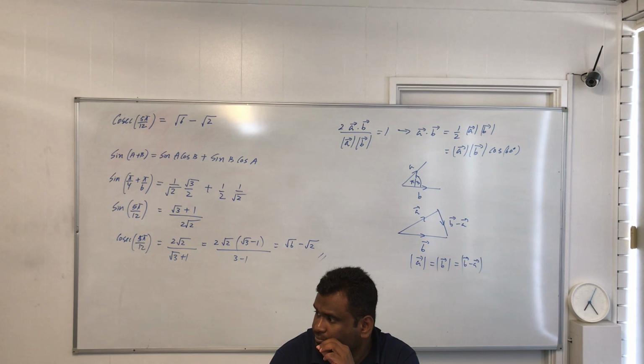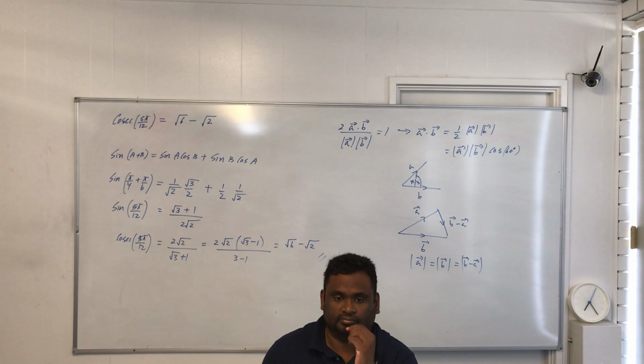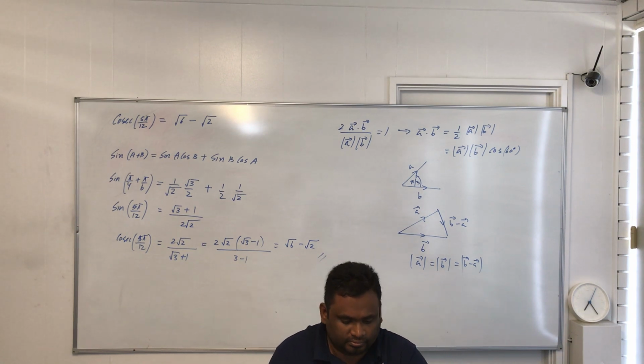Question number 9. This is a book question. Question number 9. I need you to try it. Vectors of A and B are